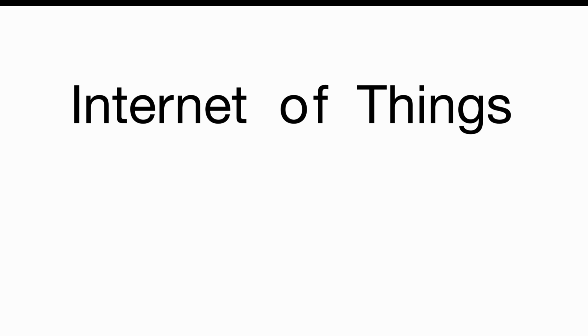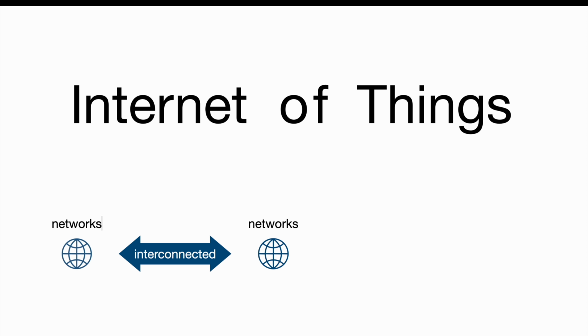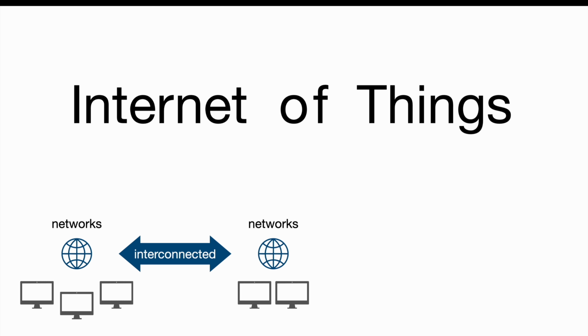So you probably heard of the internet, but what internet actually means is interconnected networks. So we're going to connect at least two networks, and one network can be everything from one computer or two computers up to as many computers as you like. For example, a network could be your home network where you're connected with your phone and your computer, or at work where all your workstations at your company are connected to one network. And as soon as you want to access another server or website, you basically connect to another network out there